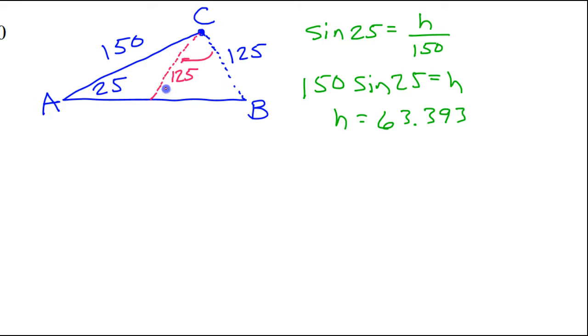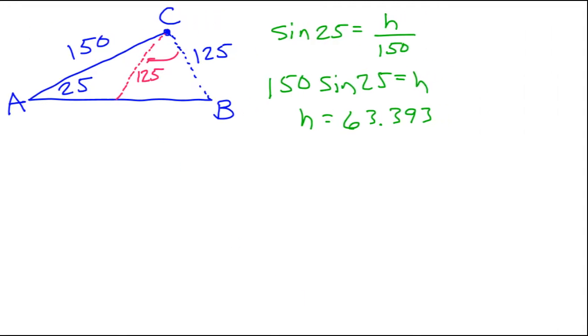Now, would this make sense? Yes, this would work. The rigid side is 150. That is longer than this. So 125 will definitely fit underneath this because it's less than 150. So we will have two triangles. We'll have one triangle on the outside, shown here in blue, and then we'll have another triangle with it on the inside. So what I'm going to do is I'm going to actually draw